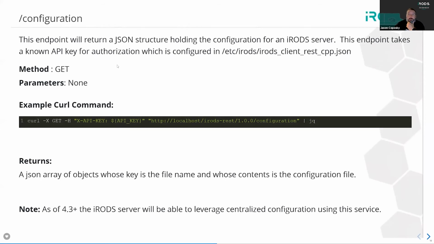The configuration endpoint will give us the ability to actually get and manipulate the server configuration and all of those JSON files in etc/irods. This will also be quite useful for the zone management tool, where we'll have a single pane of glass that will give us the ability to manipulate all of the servers within your zone. If we use a get method, basically we're going to get all of the information back from etc/irods. This does not take the authorization token because you need to have special access in order to get that particular bit of information,